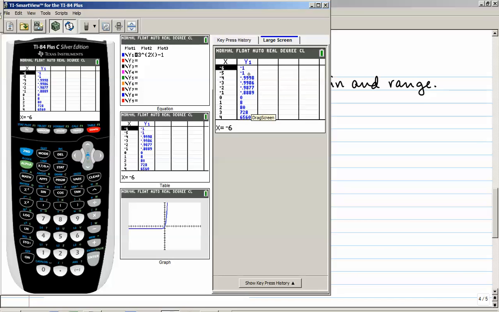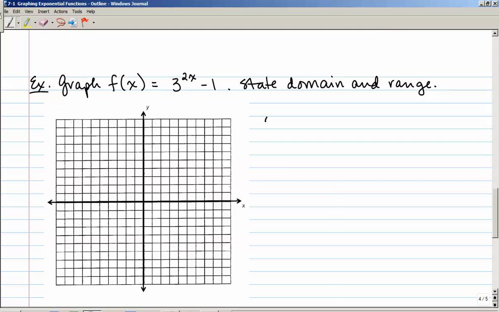In other words, it is getting close to 1. We are going to ignore these numbers right here, those -1s, because that's not actually true. Your calculator is just rounding it, and I don't like the fact that it's doing that. But let's go ahead and copy some of these values into our table so that we can draw it pretty accurately. I'm just going to start with -2,